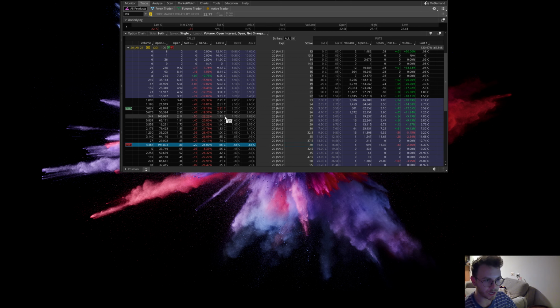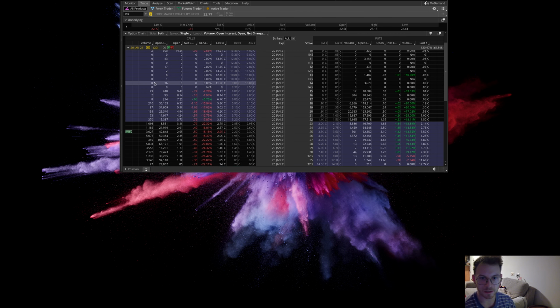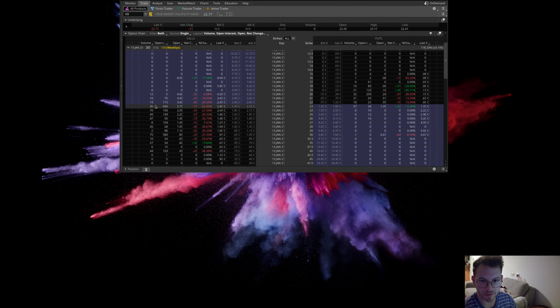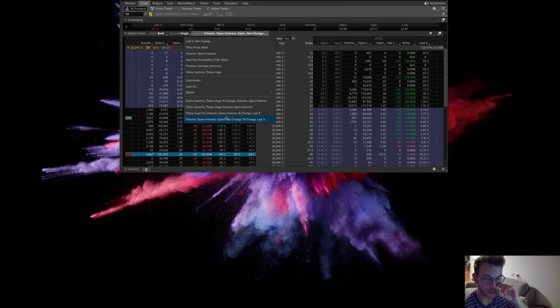I think I paid about $1.90 for this. So I paid $1.90 for something that can go to $15. Now, it has to get way above this 40 strike for it to be worth that $15. But it's just a hedge that I put on, saying that volatility is going to increase, and I went with this January 20th expiration just because the Senate race is next week, Tuesday or something, and a lot of these contracts are traded here. If you go to some of these other ones, there's not really a whole lot of volume. So I just went with these January 20ths, and I did a spread here to mitigate some of the time decay